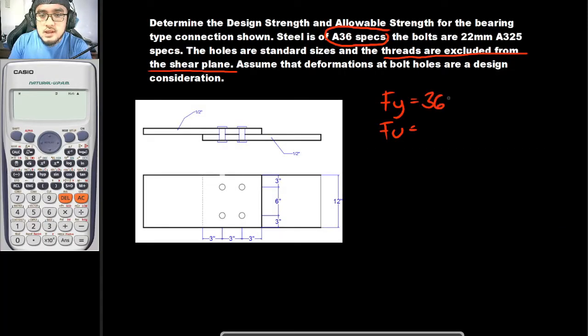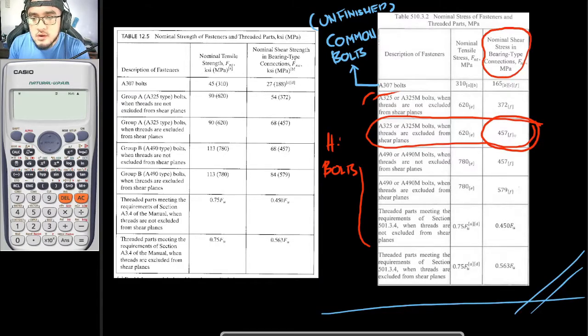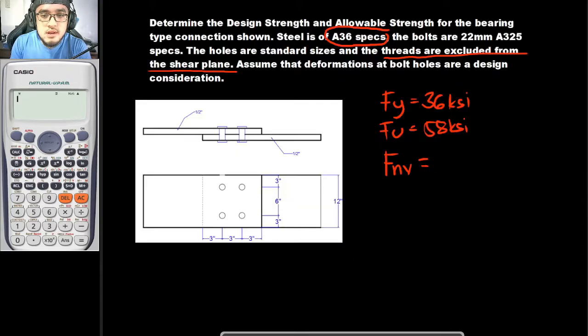So 36 kips per square inch and 58 kips per square inch. And for the shear strength of the bolt, FNV, going back to this once again, this is to be your FNV. So ito yung nominal shear stress in bearing type connection. So this is to be 457